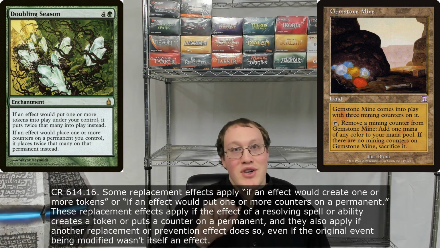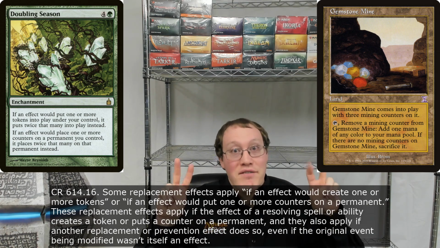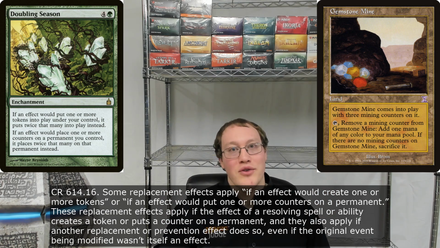This is the rule that I'm talking about here. You see, any replacement effect that's worded like Doubling Season's is going to apply anytime it sees something that's in effect putting counters on a permanent you control, just like we talked about before. However, this rule in the comprehensive rules also says that these will indeed apply in the case where any game event gets modified by a replacement effect in order to put counters on a permanent that you control. So it's kind of a kludgy